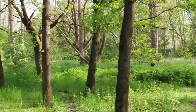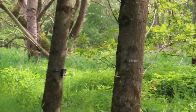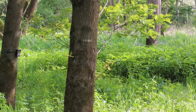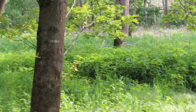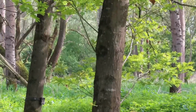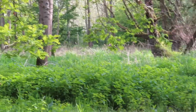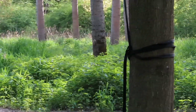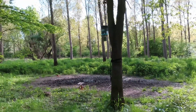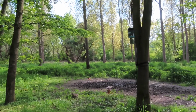Because what you can see there is a camera, which reacts with movement. I'm not sure if they're making only pictures or short movies or whatsoever, but as soon as an animal is crossing this camera at a certain distance, it will make a picture or a movie. So they try to get them here with some food. If this is good or not, I don't know, but at least that's how they get an oversight about the